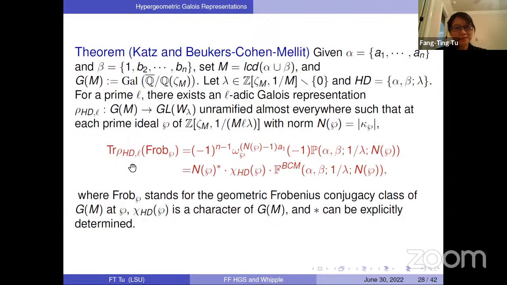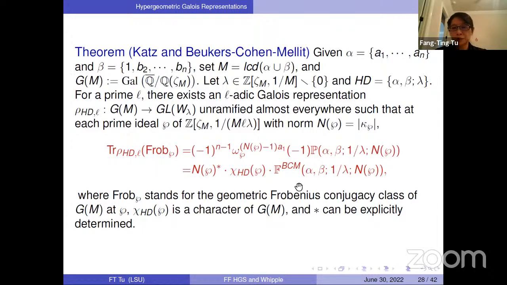Yeah, and the trace of Frobenius of this Galois representation is equal to the P function evaluated at 1 over lambda, and they differ by some plus or minus sign here, depending on the A1 here. Also,